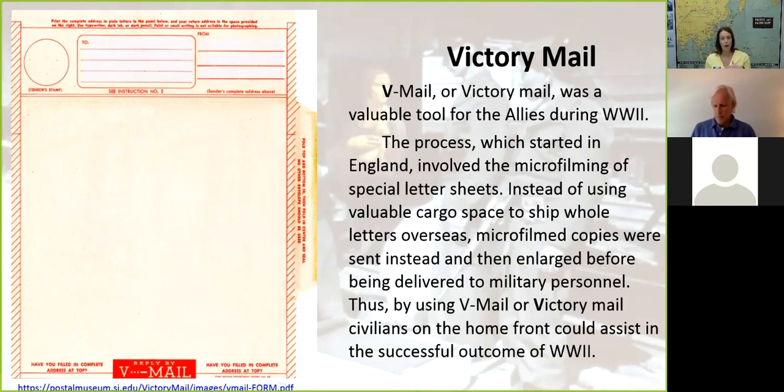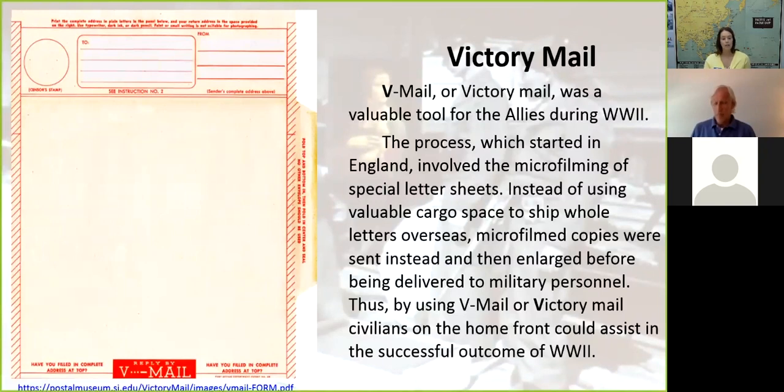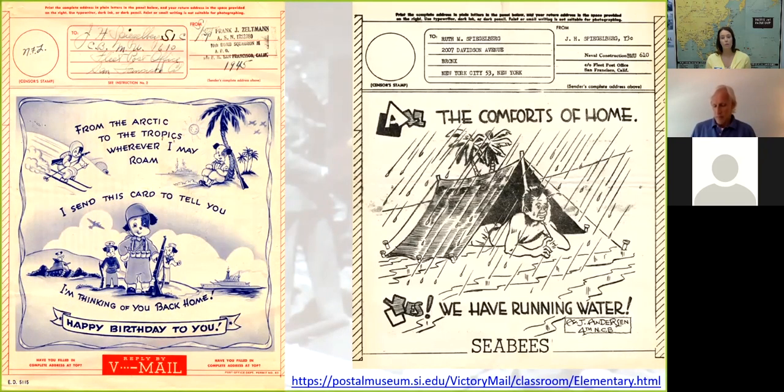And so you saw basically a template that you could write to someone overseas, or someone overseas could write at home. And the Monuments Men used these a lot. And we can see here, these two are not from the Monuments Men, but these are two examples, one from a guy named Frank, actually. And some of them, think of like postcards, they were templates. And so he sent this from his overseas position during World War II. And it basically said, "Happy birthday" to his wife. And it was on a microfilm, and when it got back to the States, it was blown up and sent